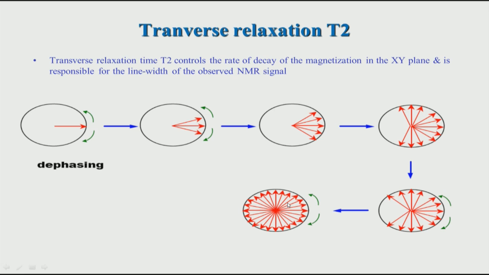This is called T2 relaxation, and it is very important because it contributes to the line width. Remember, all the peaks in NMR are never a single line, they will always have a width, and that width is coming because of the T2. Typically it is proportional to 1 over T2. So, if T2 is long, meaning it takes a long time to happen like this, then this line is very sharp, it will be tall. But if from here to here it happens very quickly, then this line will be very broad. So, it will be something like this. The T2 determines whether the line will be fat or narrow.